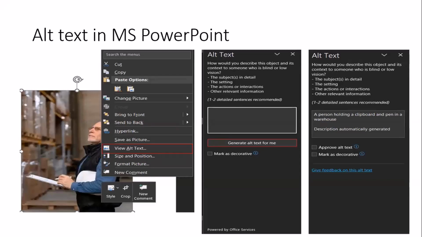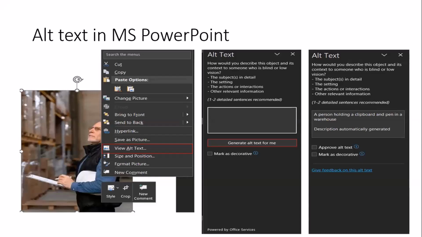Because now AI is getting advanced, we can see that the alt texts are also getting better. One year or two years back, it wouldn't describe correctly, but nowadays you are getting more appropriate alt text as it is getting updated. So if you have Microsoft Office or Microsoft 365 on your computers, I think you will get a good alt text.